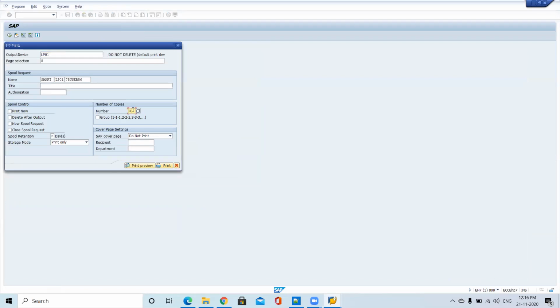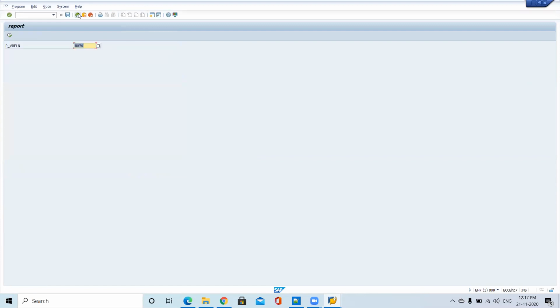Sometimes they will expect, okay, I want to print on my printer name. Nobody will enter it manually. It should be taken dynamically. Or for the smart form, if there is any fixed printer name, directly you can pass the printer name by using that parameter. So the page selection, which page you want to print. Sometimes they will tell, like, only the fifth page. Then you can pass the fifth page from the program. Sometimes they will tell how many copies they are expecting. If 3 copies, you can pass from the program. Manually you can pass, but from the program also you can pass.